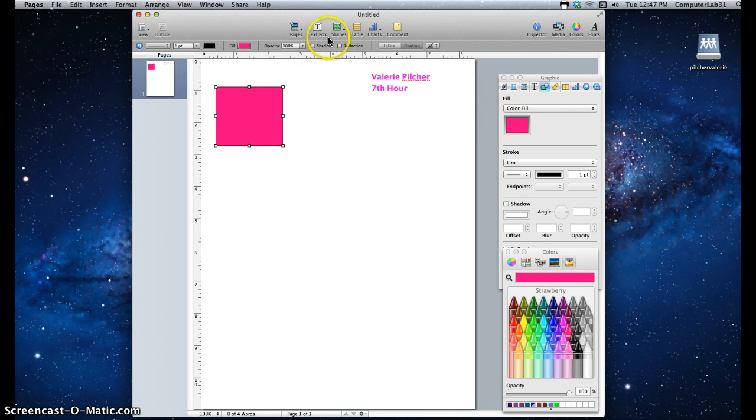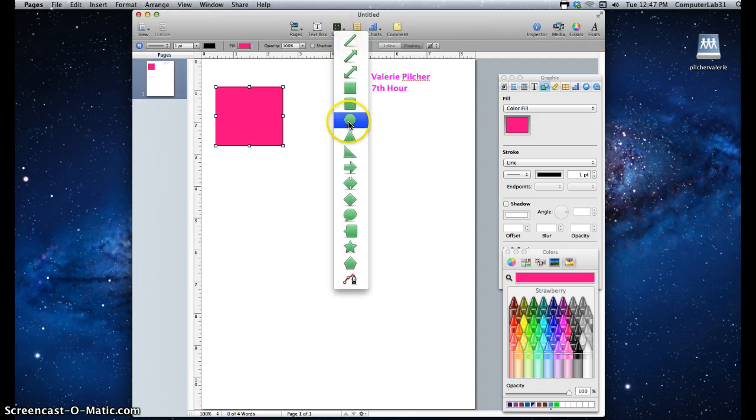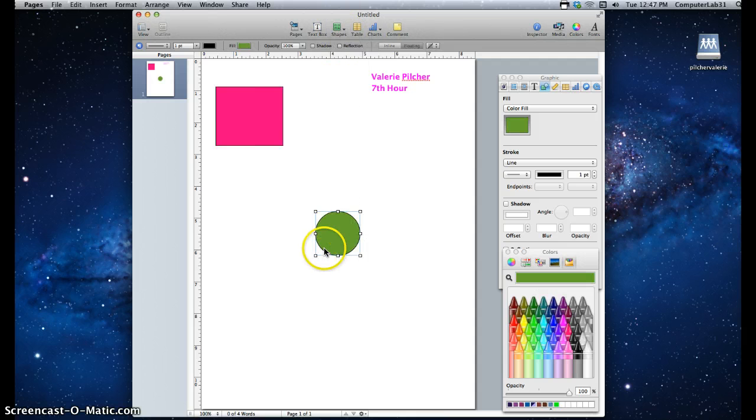Now, the next shape I want you to put on, we're going to go back up to the top. We're going to add a new shape, and this time I want you to add a circle. And again, it drops it in the middle. We're going to slide it up to the top. Again, I would like you to make it a little bit bigger. And again, it's filled with the green default color,